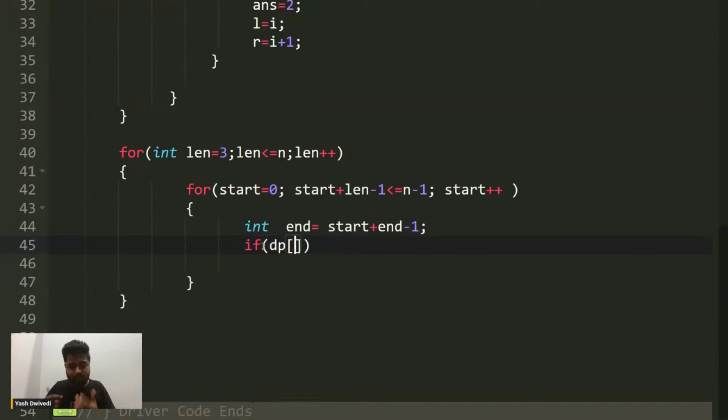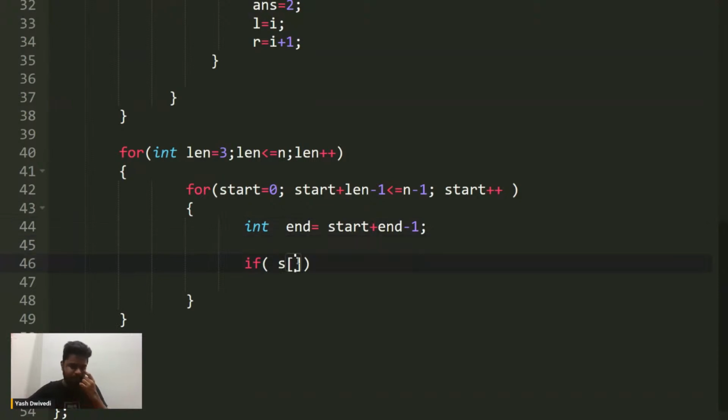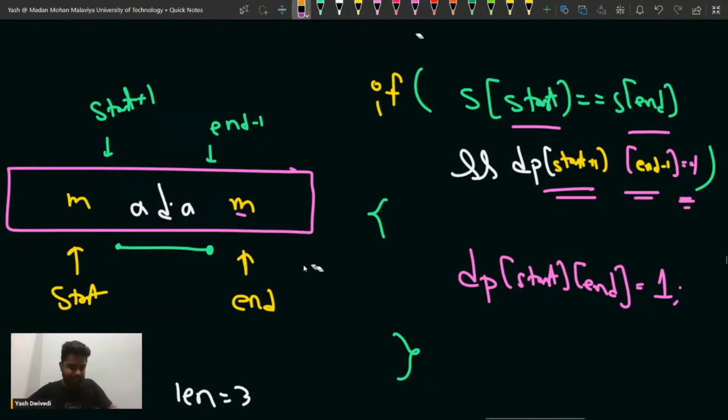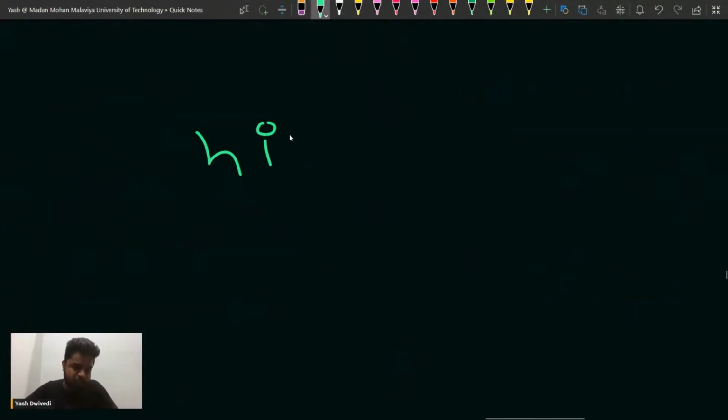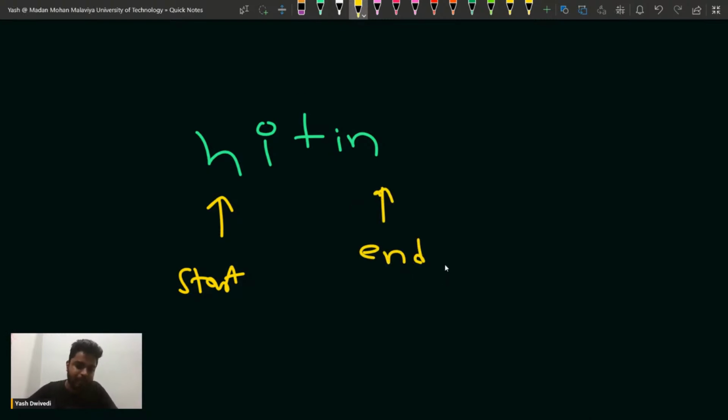So that is why what I will say is, what are the two conditions that I should be satisfying? If the current starting point of the string is equal to the ending point, and at the same time, in the dp, the between part should also be palindromic. Similarly in Nitin, I am saying that if the start and the end are the same, and the part in between is palindromic,